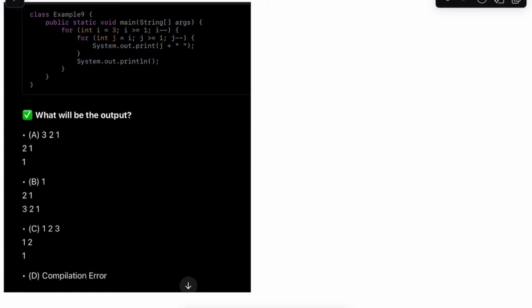What is going to happen now in this? Okay, let's give it a try. The best way to solve this is through a dry run. That is what we are going to do. What will be the value of I, what will be the value of J, right? And then I'll write